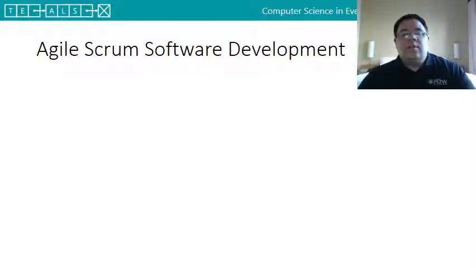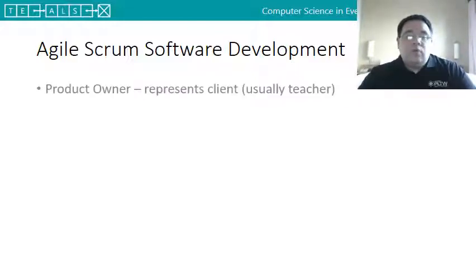Within Project Lead the Way Computer Science Principles, we utilize the Agile Scrum software development framework in order to give students an experience in iterative and collaborative software development. Agile Scrum is a software development framework that involves several different roles that different people on the development team can play. And within the Project Lead the Way Computer Science classroom, some of these roles are filled by different people,